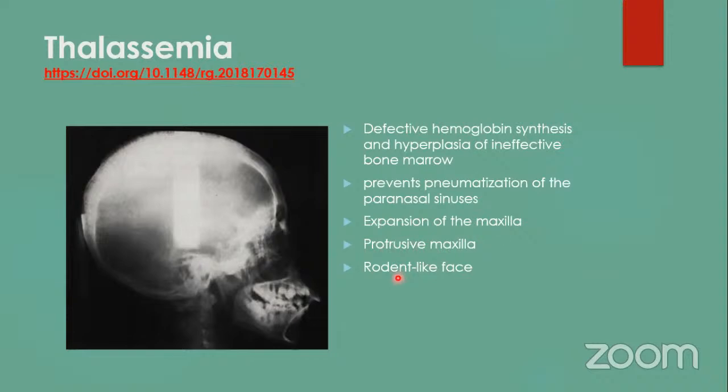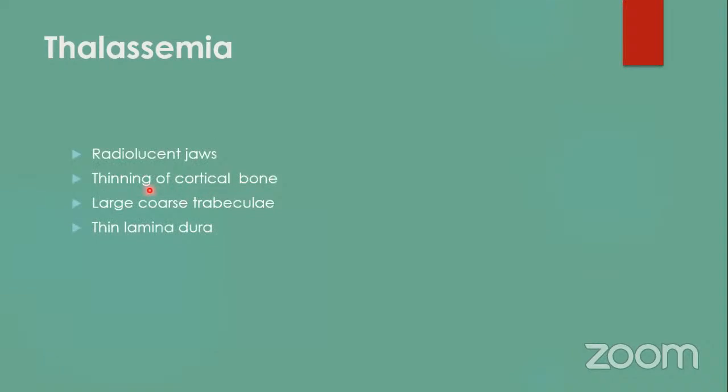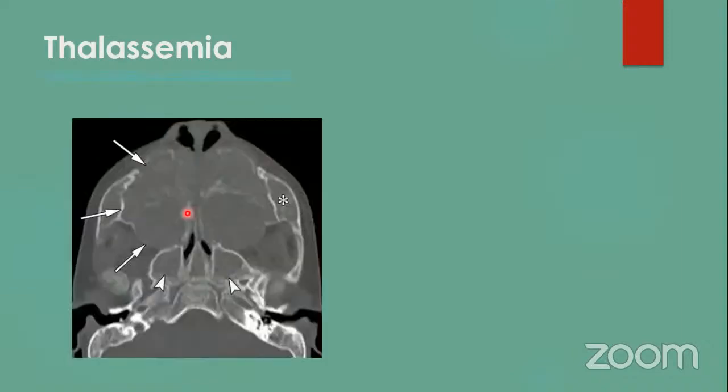The patient has what would look like a rodent-like face. Then you get radiolucent jaws. So you have lost the trabecular bone, and much of what we have is the bone marrow. Then thinning of cortical bones again, and then this large coarse trabecular bone. You also have thin lamina dura, where you actually lose it. So this is a good example. Look at that